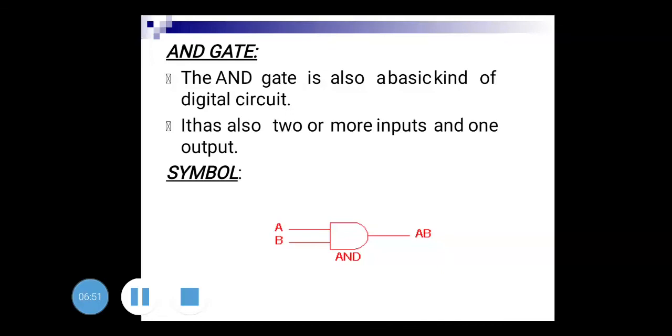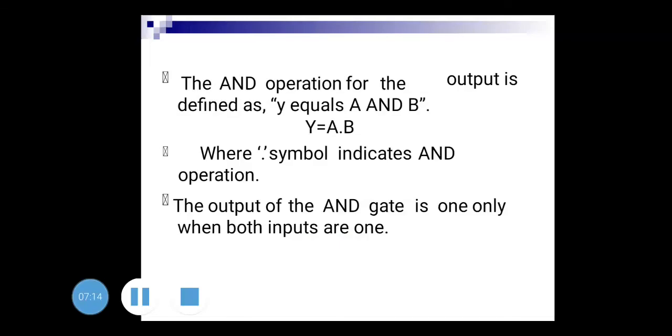Now the next logic gate is the AND gate. It is a basic gate. It can have two or more inputs. Here only the two-input AND gate symbol is shown. It has inputs A and B and the output as Y. The logical equation of the AND gate is as shown here. Y is the output. Y is equal to input A, input B, and at the center you have a dot sign. That means it is an AND gate. The dot indicates the AND gate. So Y is equal to A dot B.